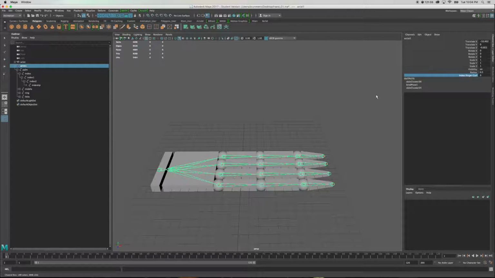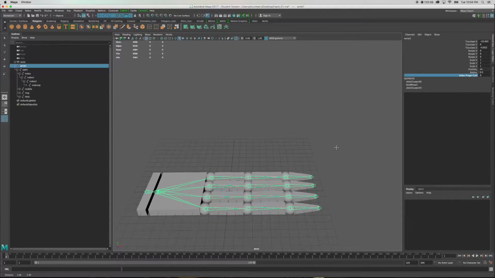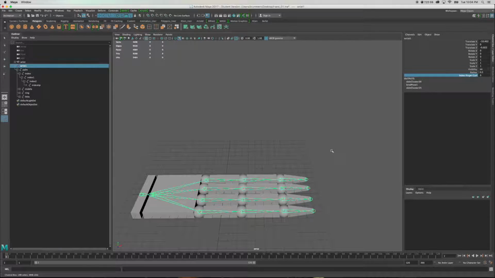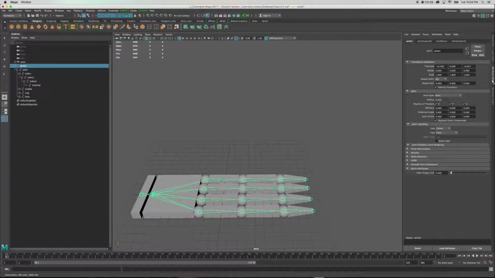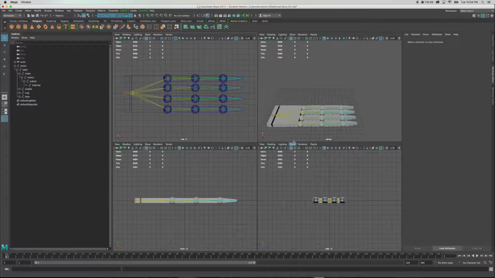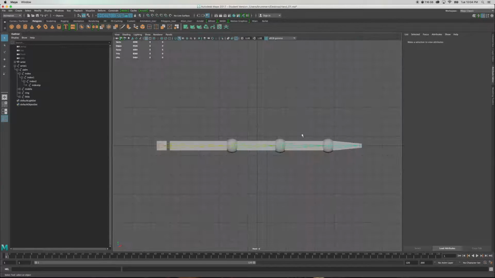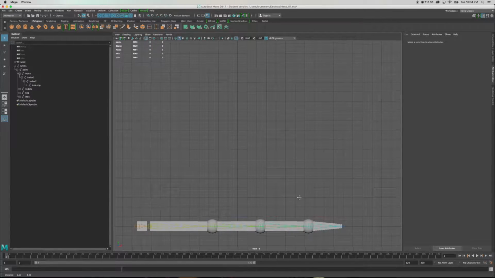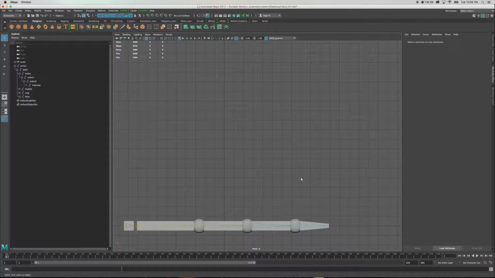But there's an easier way to go about this, and this is to set up a small user interface in order to interact with this finger curl. Come back to my attribute editor. So to make this, I'm going to come out into my front view, pull this guy down just a little bit, and I'm going to make sure that my user interface doesn't render. So I'm going to start off with a small NURB square,